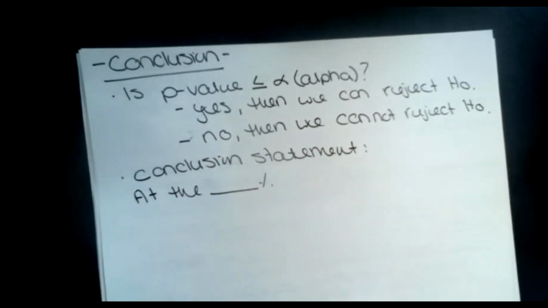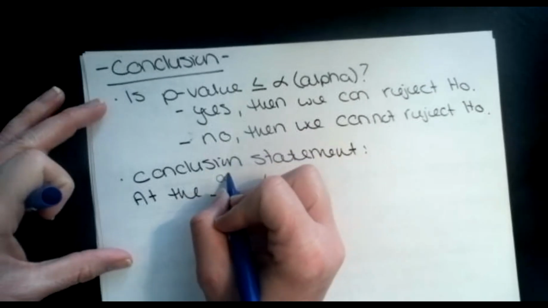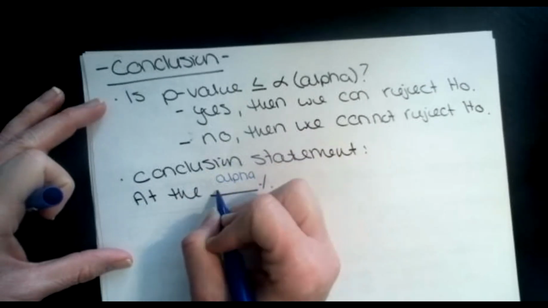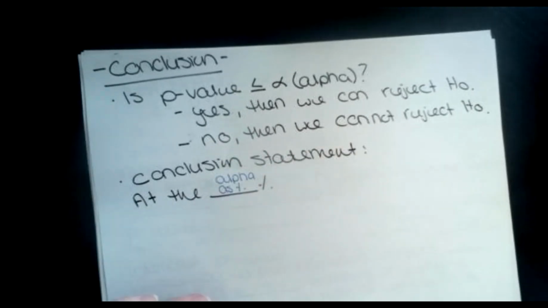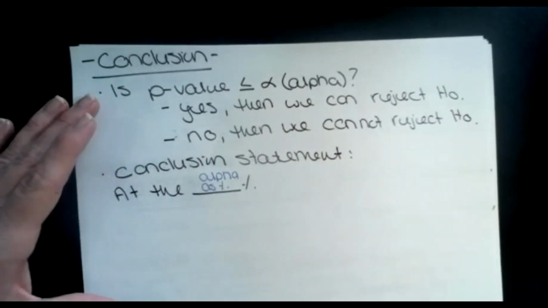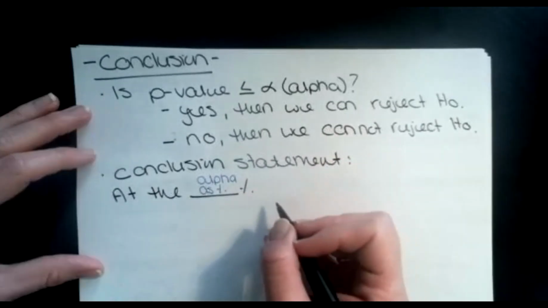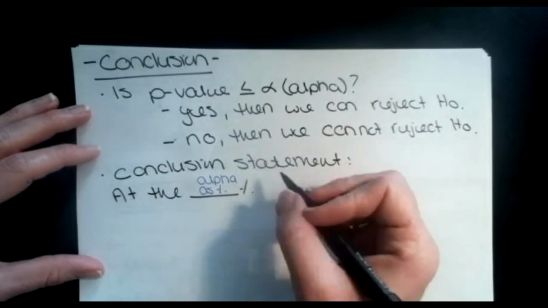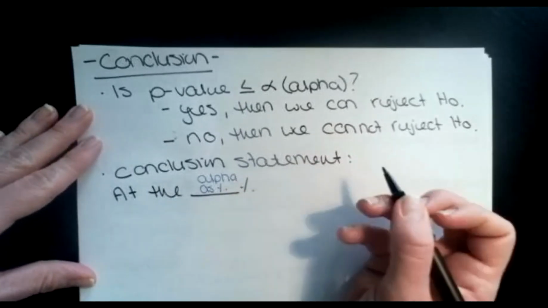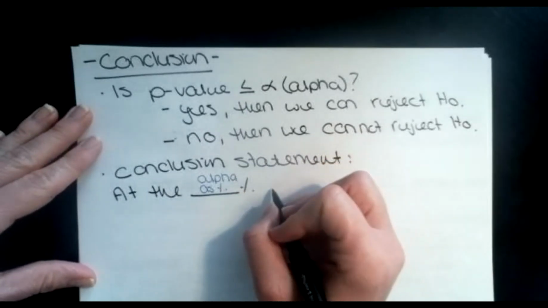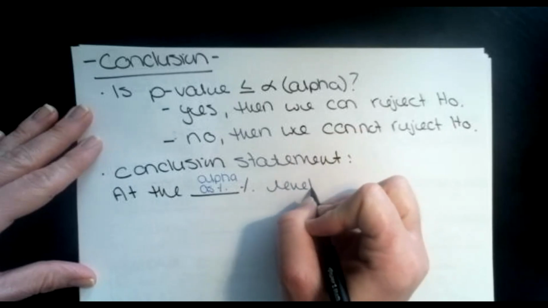So this is my alpha as a percentage. So don't tell me 0.05%. Please tell me 5%. That kind of drives me crazy. So at the alpha percent level of significance,